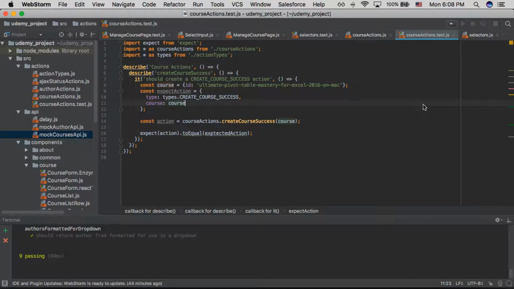So what you can see that I do here is I set up the course that we're going to pass into our expected action. So our expected action declares the shape of the action that we're looking for. And then we will call course actions.create course success and pass it the course that we declare up here. Now of course at the end we just need to assert that our action is going to equal our expected action. It's pretty simple. So this is the code that it takes for us to assert that our function returns an object shape that we're expecting. Now if we rerun our test,